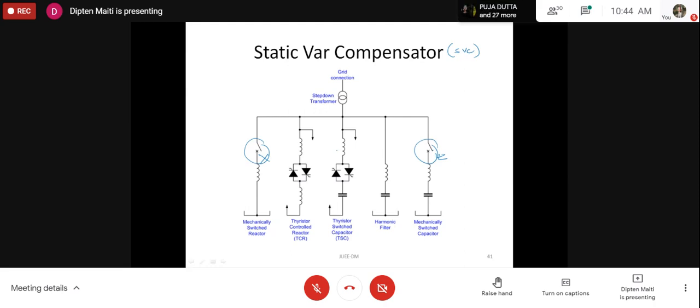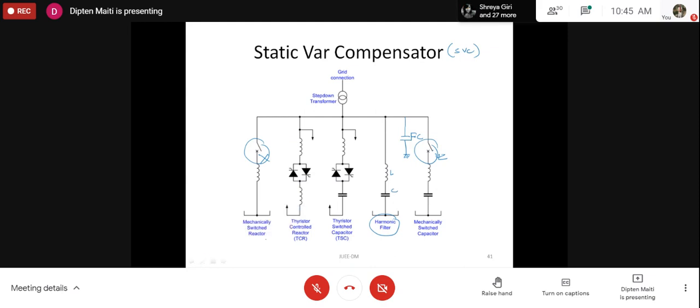So the harmonic filter shown here is the passive LC filter. These L and C filters are there. Otherwise, usually we may have fixed capacitors here, which may be written as FC, the full form of which is fixed capacitor. So passive filters may or may not be part of it. The predominant parts of the static Var compensator are the TCR, thyristor controlled reactor, and the TSC, thyristor switched capacitor. These two are the predominant components.